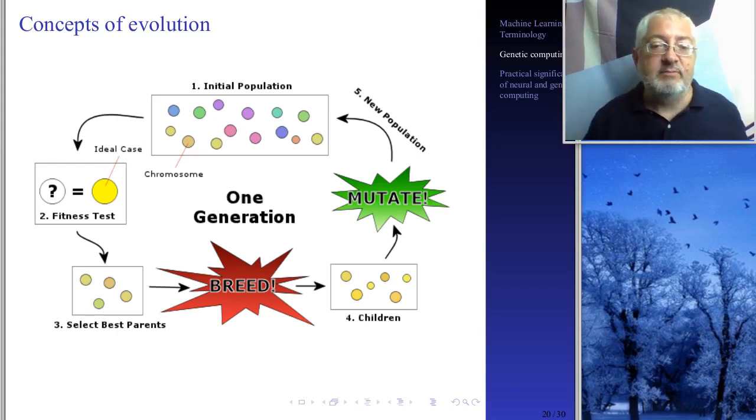And then you do the same thing again. You go again through the circle, and again. And you can see that this will optimize eventually. It will try to reach the ideal case where the balls are clearly yellow. And this will happen, right? If you wait long enough, you will have yellow balls there.